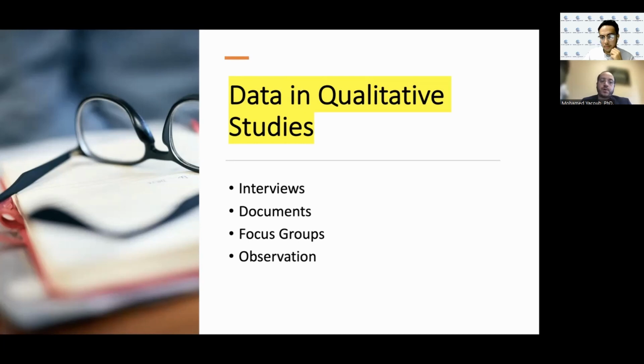Focus groups. What are focus groups? Focus groups are a type of interview, but instead of interviewing one person alone, you have a group of interviewees, a group of respondents, a group of participants sitting together, and you sit with them and ask them questions. What is the benefit of a focus group, and why would I do that? Sometimes those participants in the focus group will have to share the thing that you're talking about. Let's say your